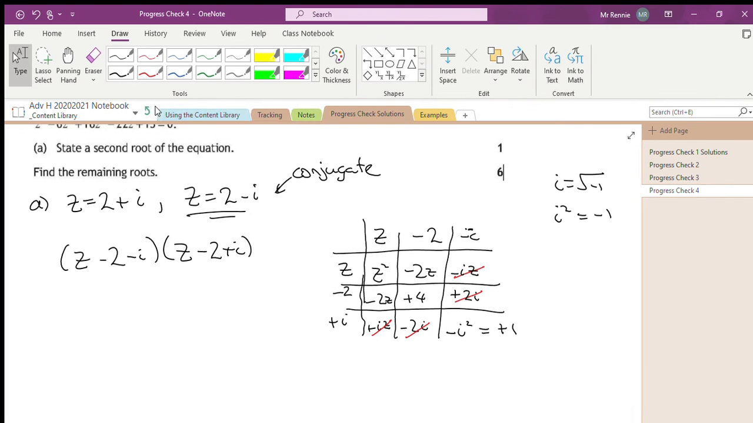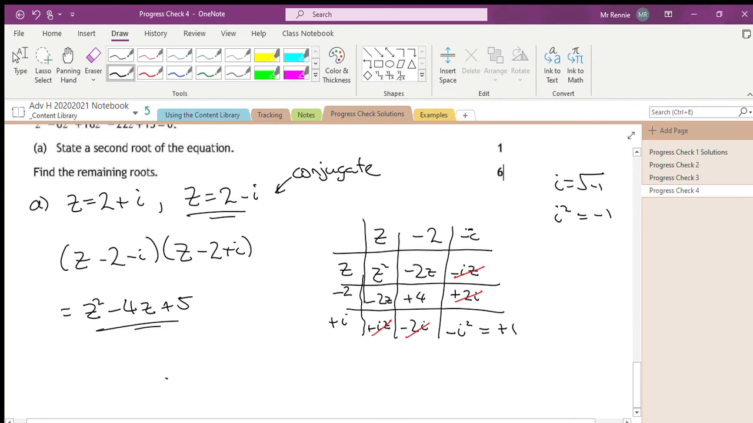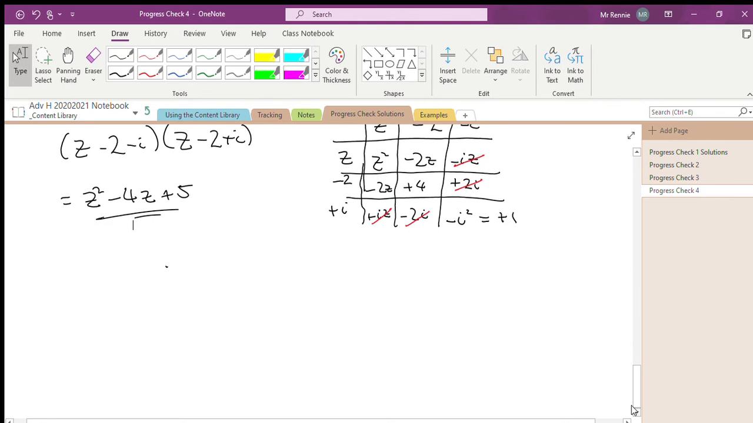So the terms I get when I multiply this out are z squared minus 4z plus 4, plus the extra 1, which gives plus 5. That's what those two factors produce when I multiply them together. I'm now going to divide this into a polynomial to leave me with an expression that gives me my other two factors. So I'm going to divide z squared minus 4z plus 5 into a polynomial,